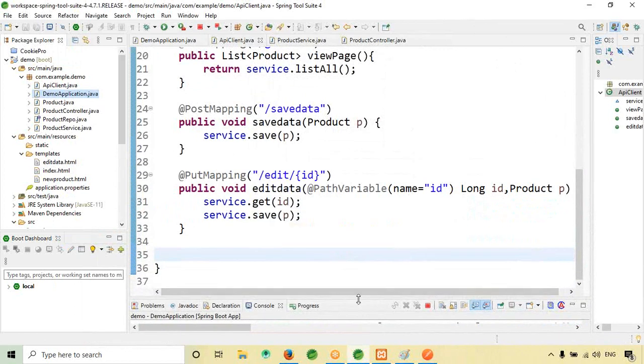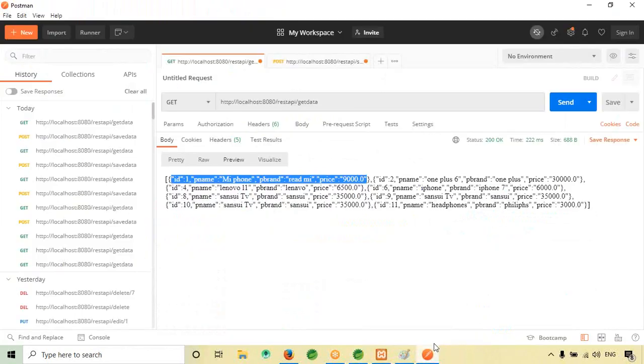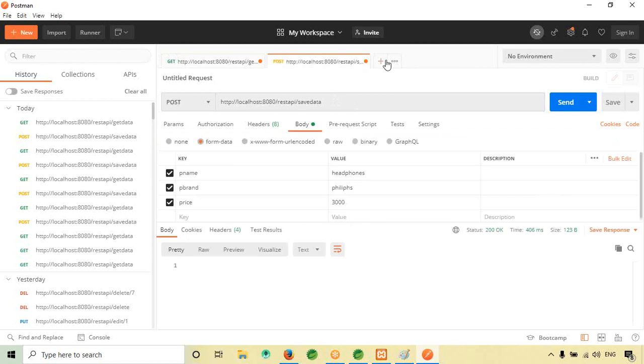Okay, so now the server started. Now I will click on new tab. I will copy till here.